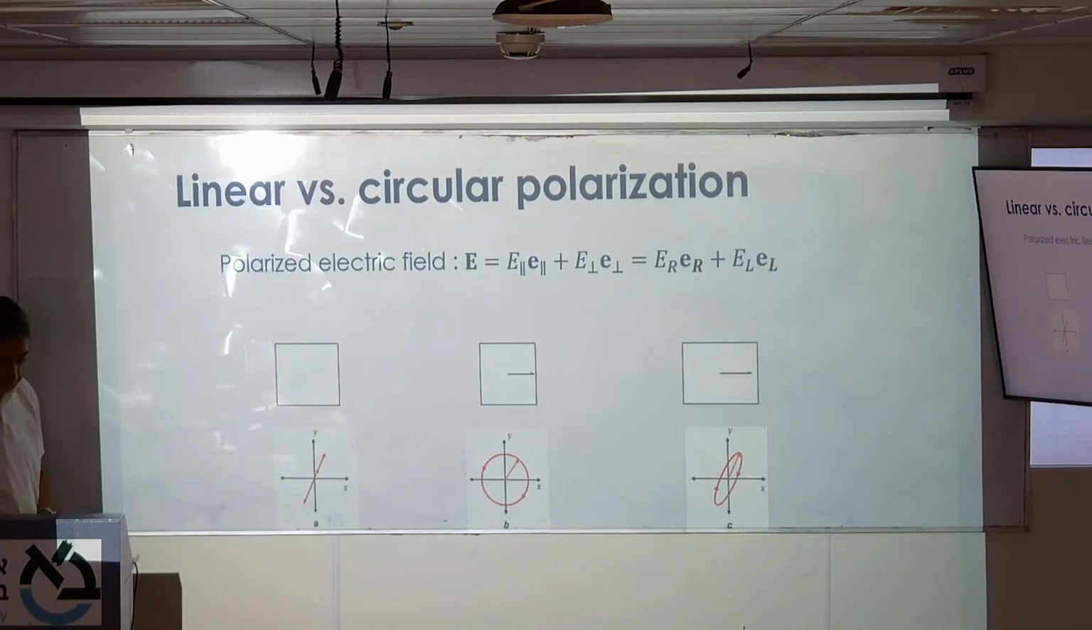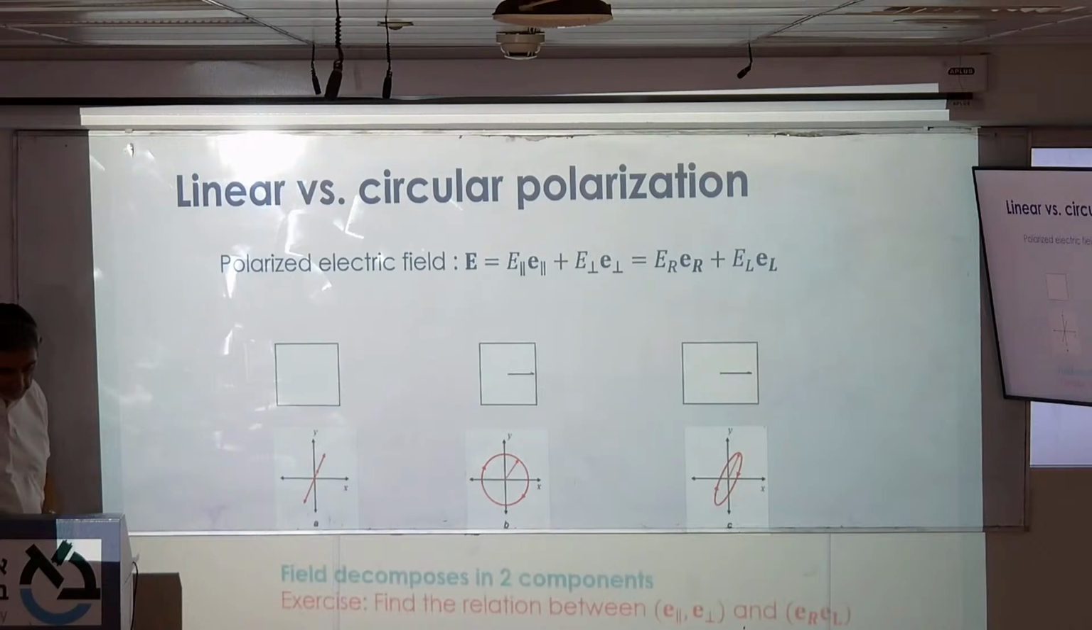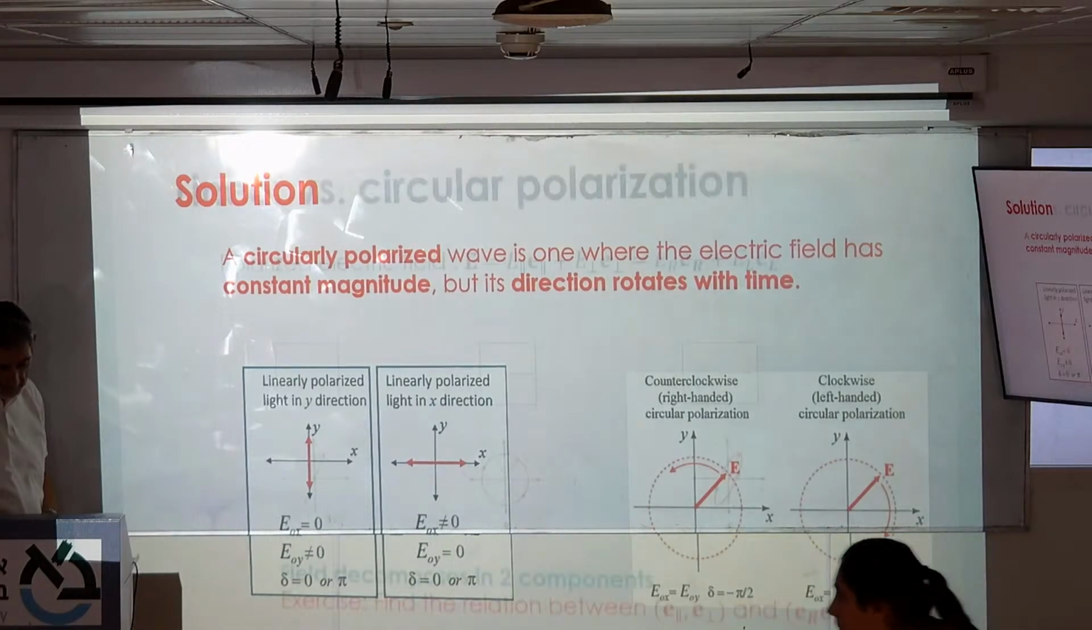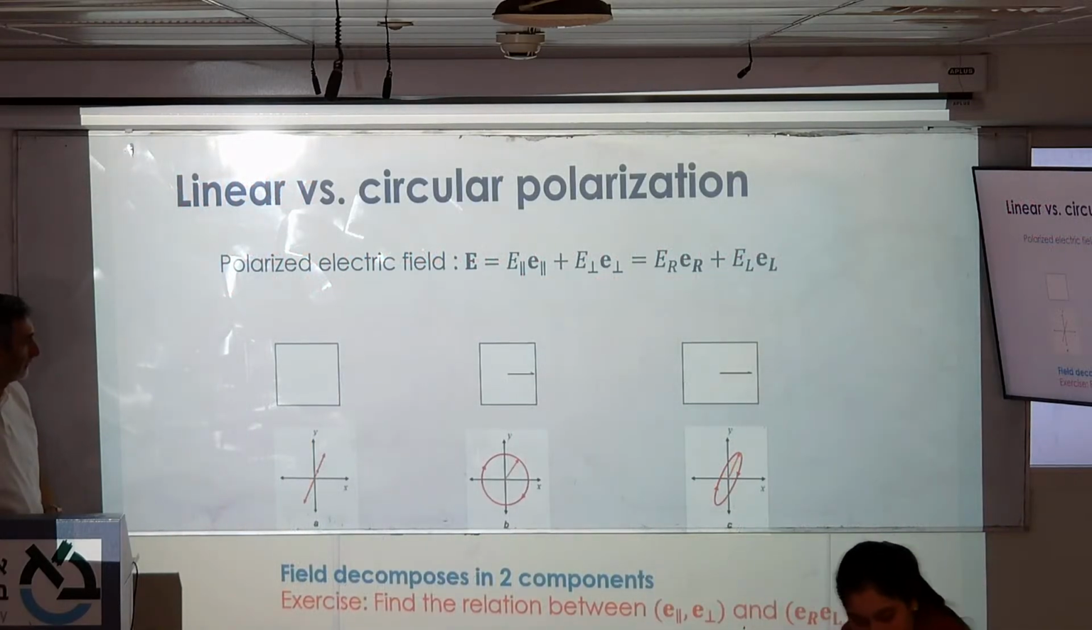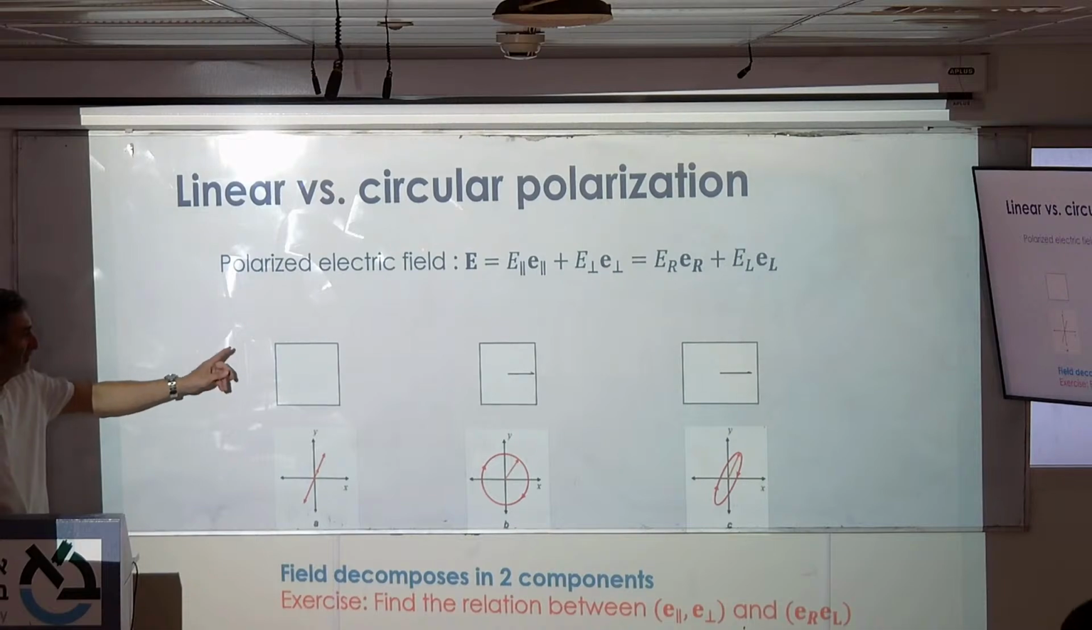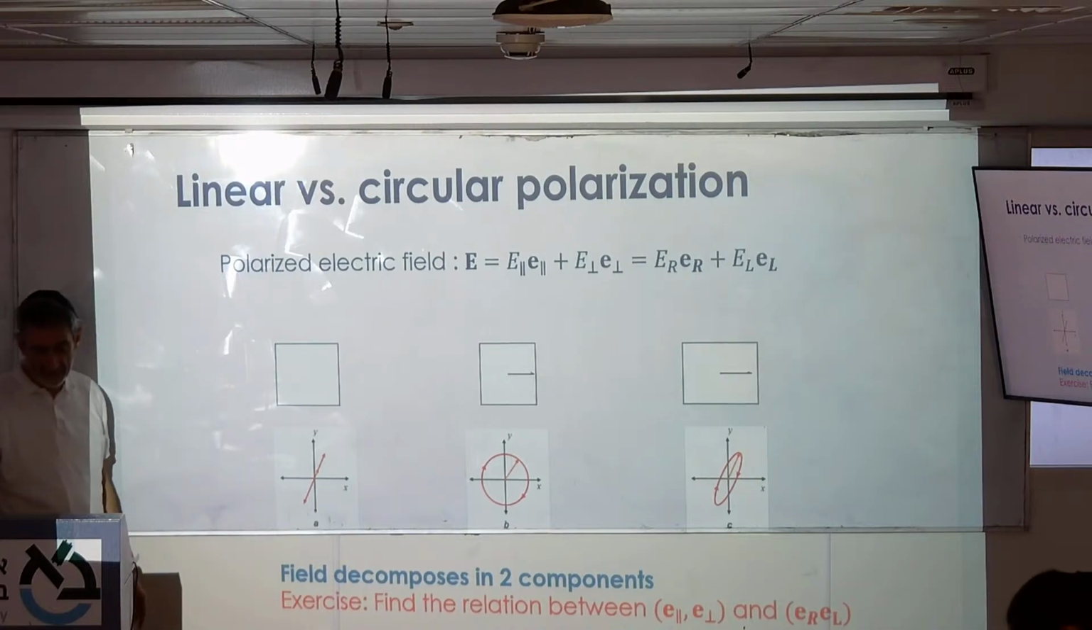Here it's supposed to be animated. That was just an animation to show you what is linear and